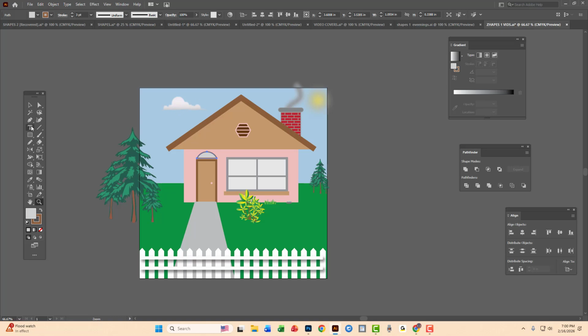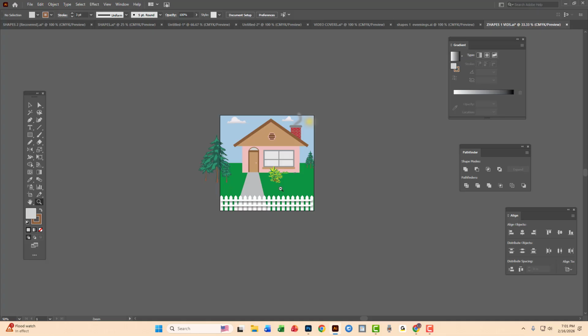I don't know. Maybe make another cloud. This one I could duplicate. Of course, I need to make it slightly different. Maybe I wanna flip it, or maybe bring it over here. I don't know. Okay, so let me see if I can think of what else you can add to this project,